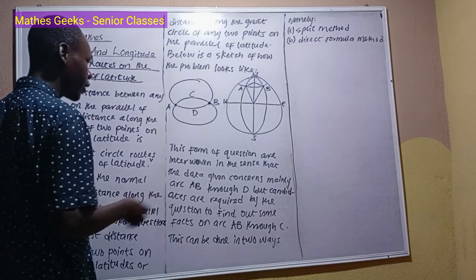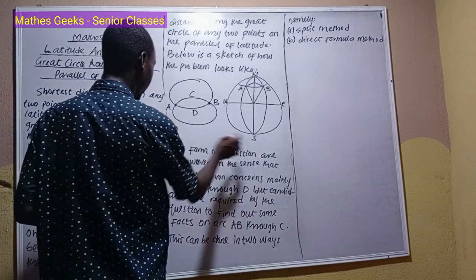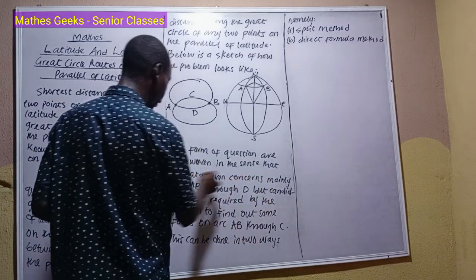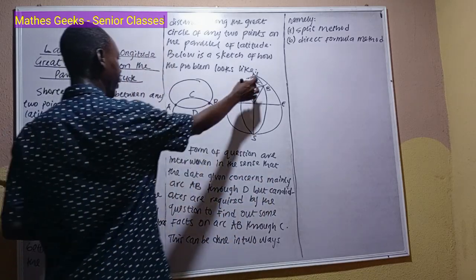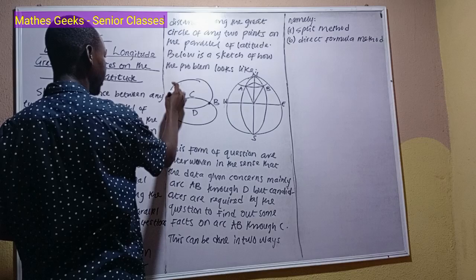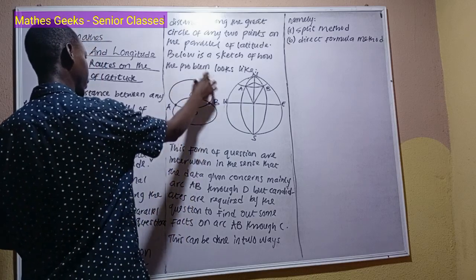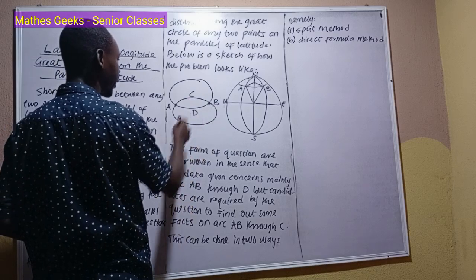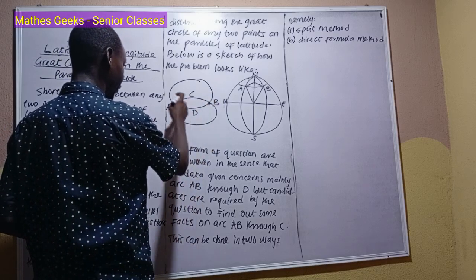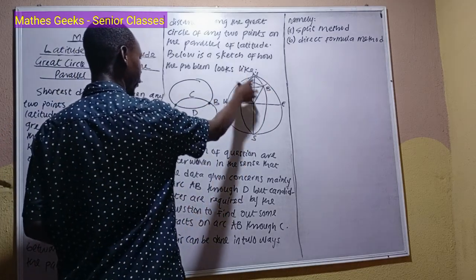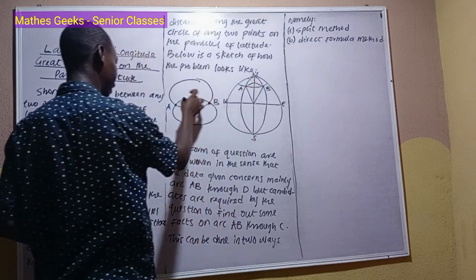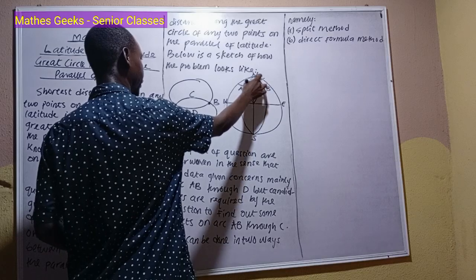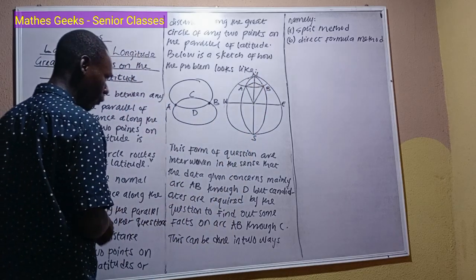So questions like this, or this form of questions, are interwoven in the sense that the data given concerns mainly arc AB. So from what we have here, this is the circumference of the small circle, and this is the circumference of the great circle, the one that is measured from the equator AB. So the equator also has an arc, and then this is the circumference of the small circle, which is this part here. So this form of questions